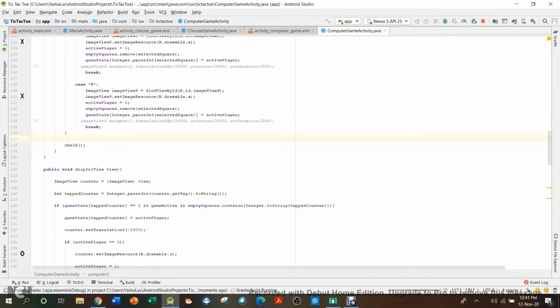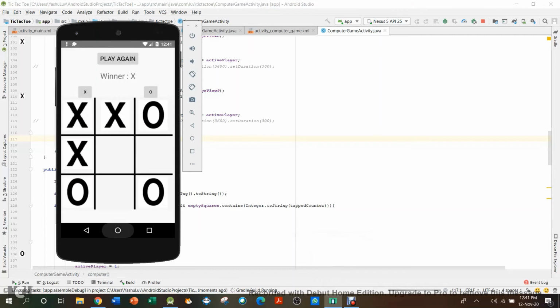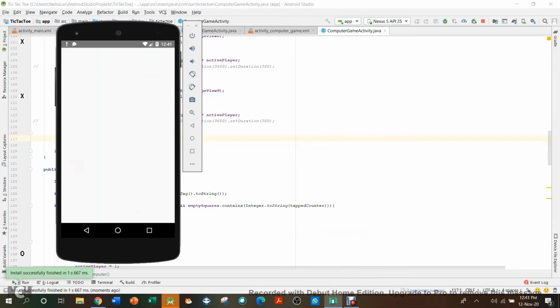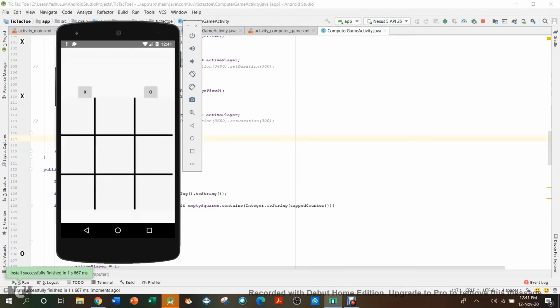So now you are going to run your app and open your emulator. Let me show you local first, like with the new changes. So the x and 0 thing, so I select x, but now if I select x again, it still shows 0 because you selected x. So yeah, it's working, this one. And then you can do play again, and now it works again.